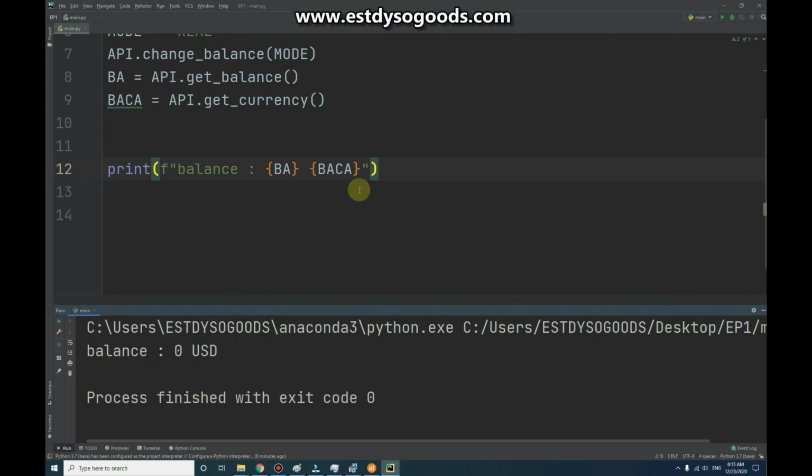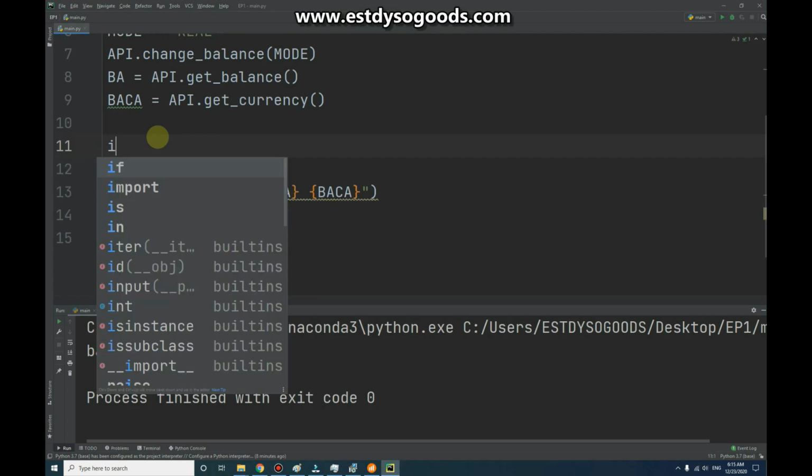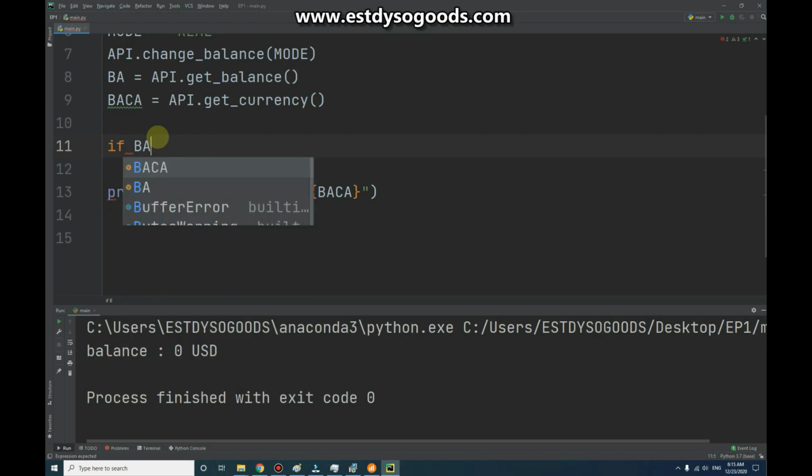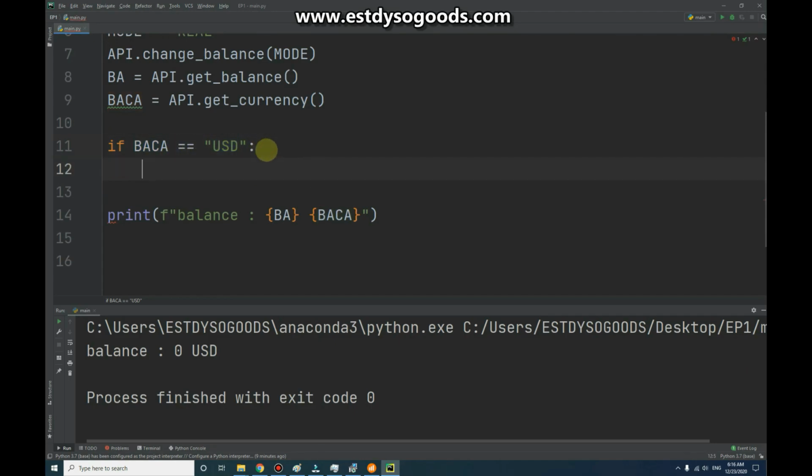But if I wanted to show the sign of each currency, like dollar, I wanted to show a dollar sign instead of USD. I'll start with if BACA equal USD. So it's like if BACA is equal to dollar, show BACA as dollar sign, which is going to be the next line. Here we got BACA